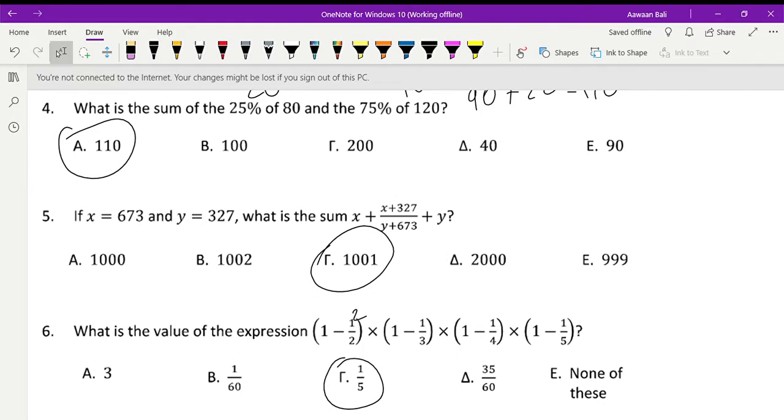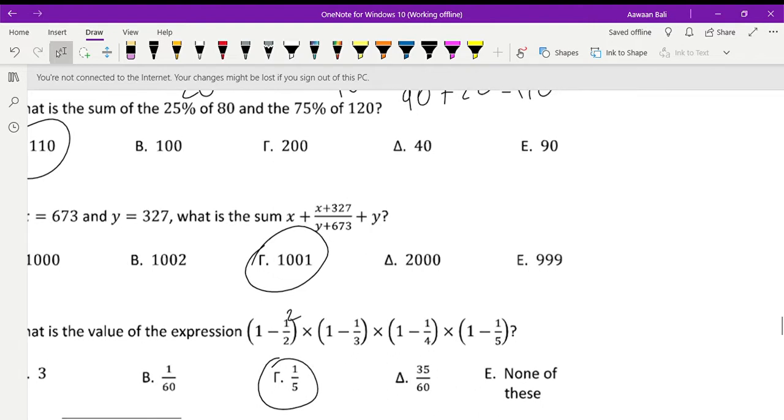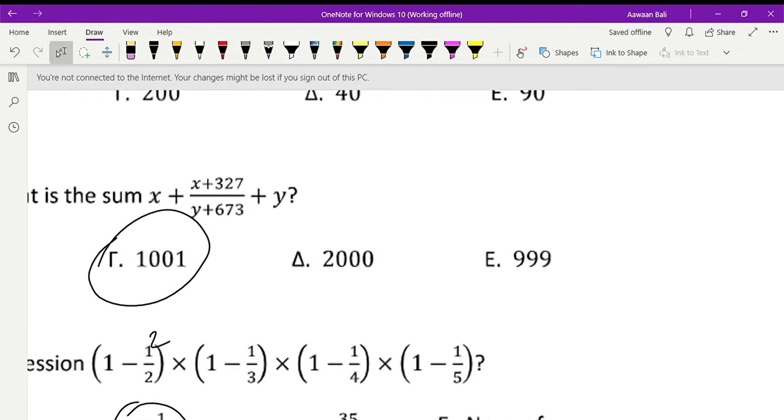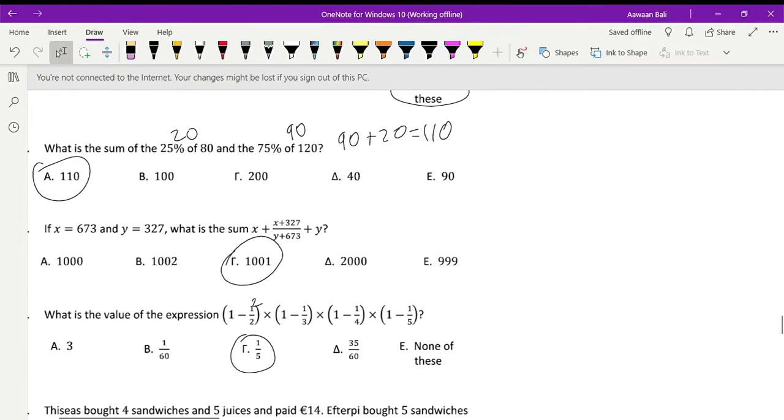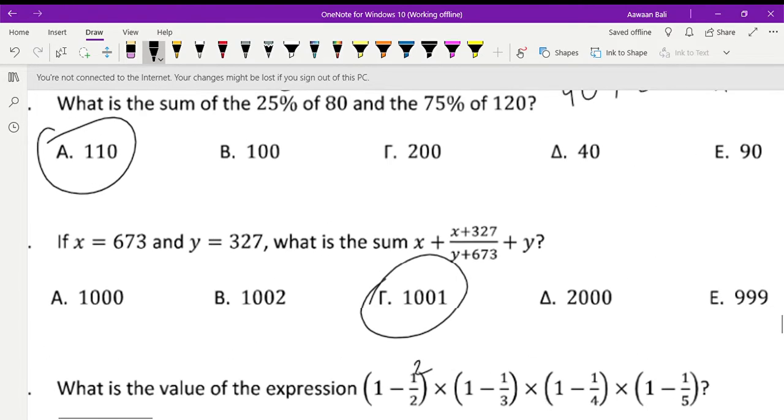Now, question number 5. If x is 673 and y is 327, what is the sum x plus 327 divided by y plus 673 plus y? It may look a bit complicated at first, but if you realize what the sum of 673 plus 327 is, it'll become really easy. So once you add them together, you get 1000, which means that this is 1000 and